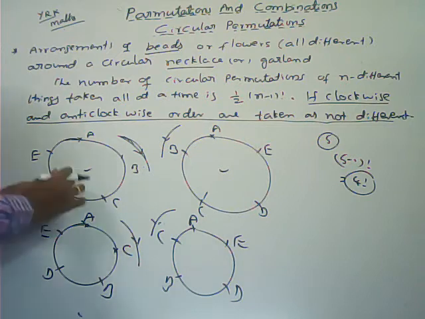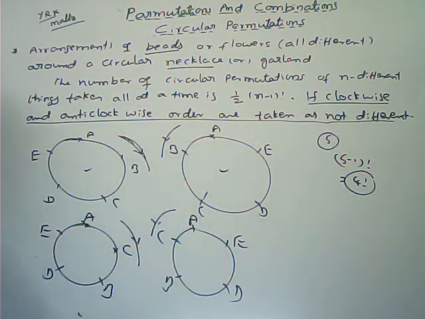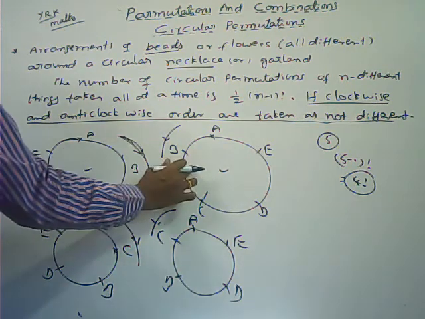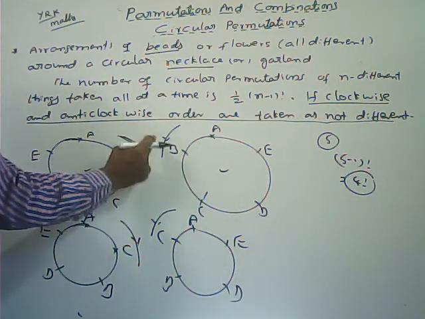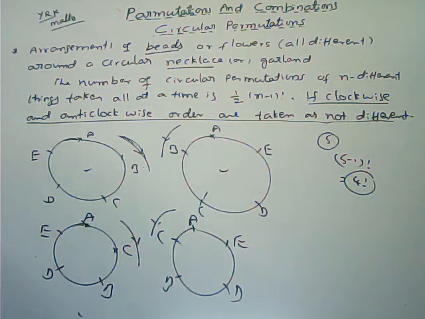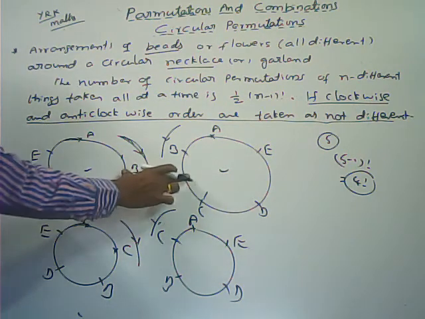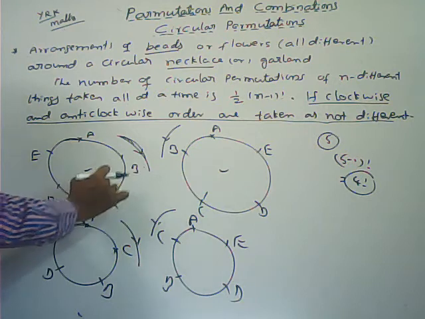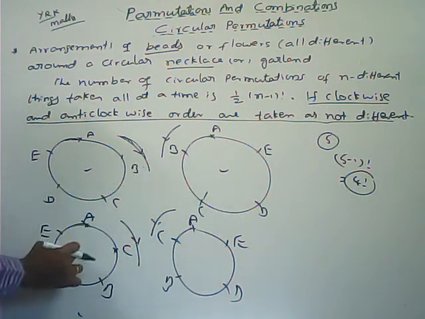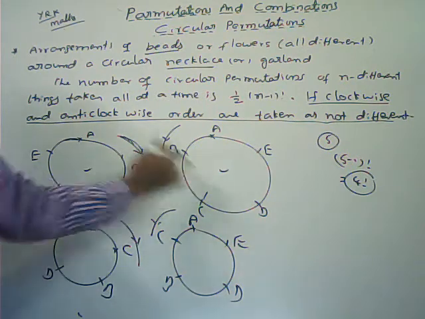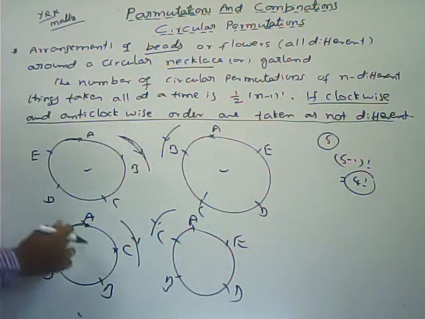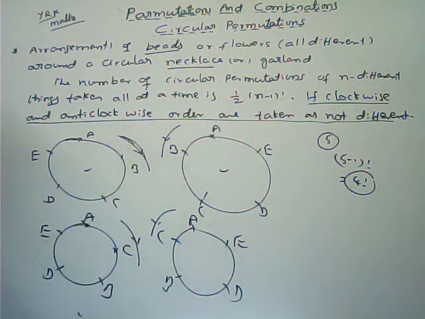So for everything there exists one similar to that one only. By flipping this one, you can get one more circular permutation. These two are identical. They are saying those are not different. So like that, for everything it contains one pair also. One more, this one more is there. So all these we have to consider. These two we can consider one circular permutation, and these two we can consider only one circular permutation.